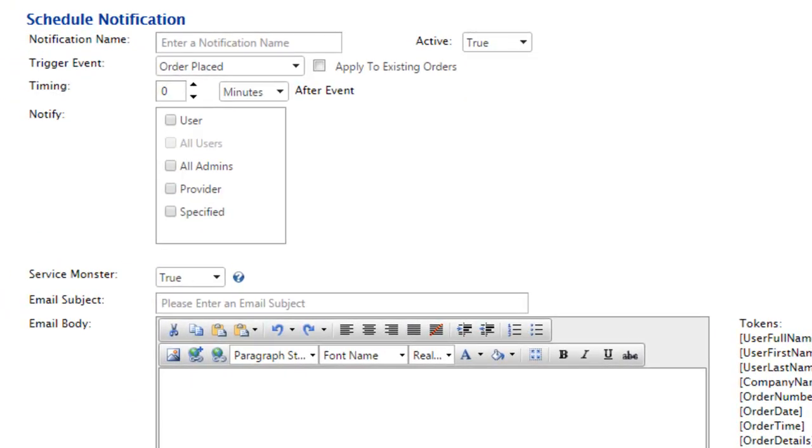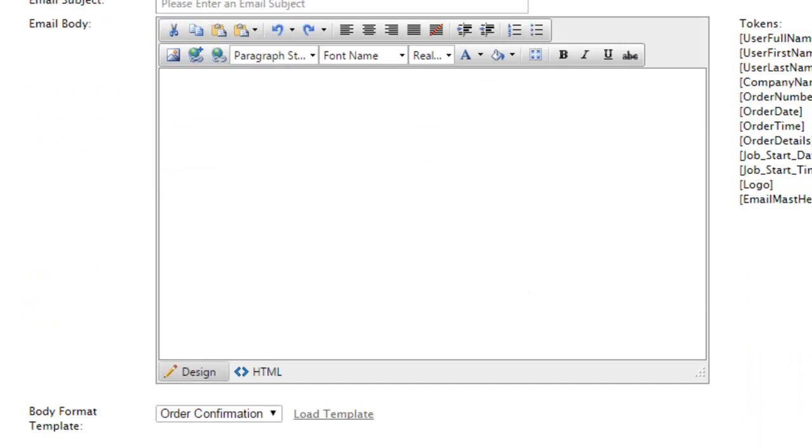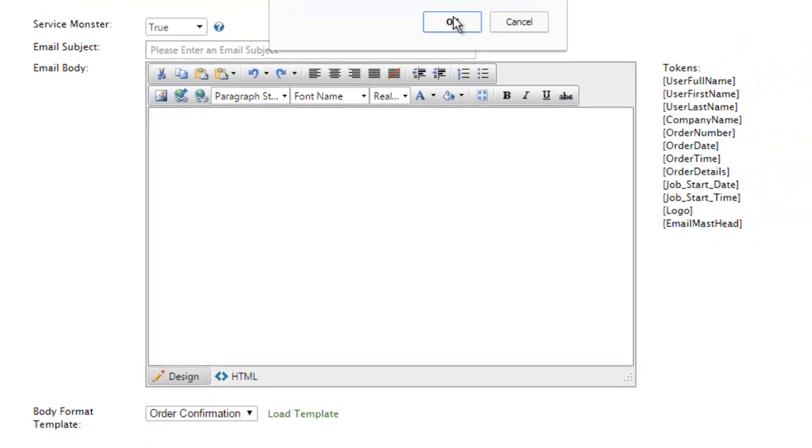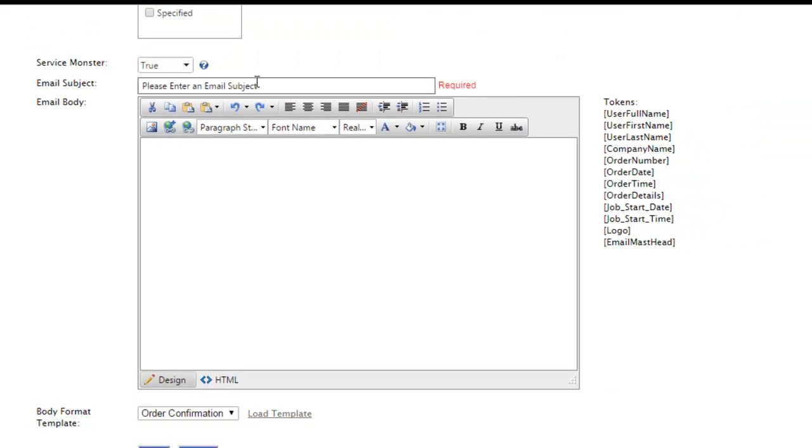Okay, lastly, what I want to do is just kind of talk about some examples of what you can or maybe even should create. Obviously, there are a couple in there when we first migrated you over to the new platform, and those are down here. Those were the order confirmation and order safe. We have changed them to reflect your requested changes. So if I were to populate the order confirmation now and load that template, it would look a lot different than, I have to give it a title,